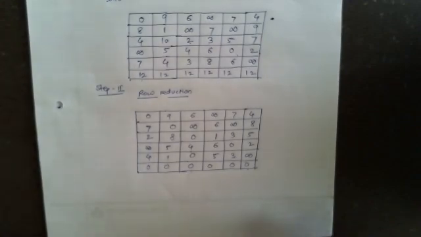Now we have to do the assignments, the allocations. I told you how the allocation will start. We have to start row wise. After completing the row wise procedure, we have to go for the column wise. But while performing row wise or column wise operation, we have to choose a single 0, only a single 0. If there is a single 0, then and only then we will assign that particular 0.